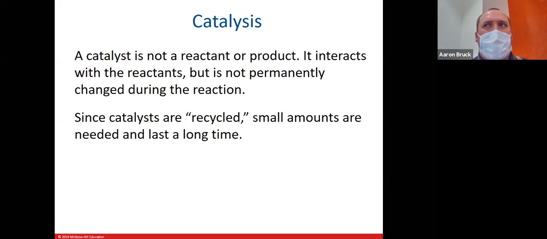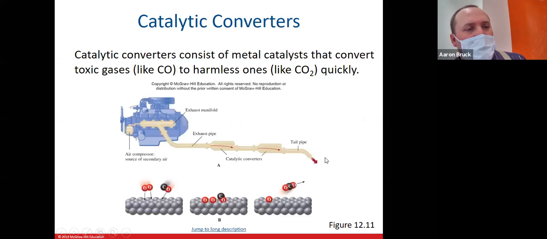And so since the reactant catalyst is not actually disappearing, we can effectively recycle them over and over and over again. And small amounts of a given catalyst can last long, long times overall. Probably one of the most common places where we see them are things like catalytic converters. In a catalytic converter, a small piece of platinum or palladium is lined onto the exhaust system,